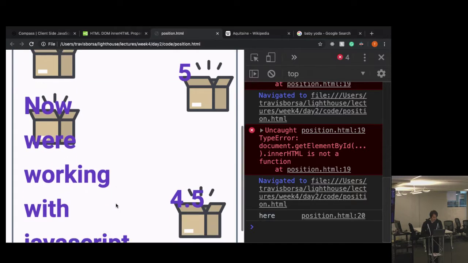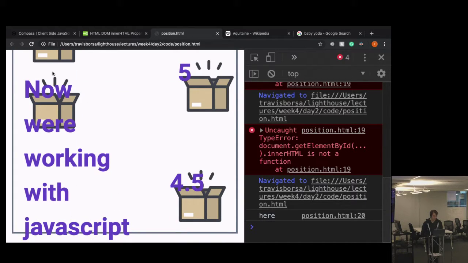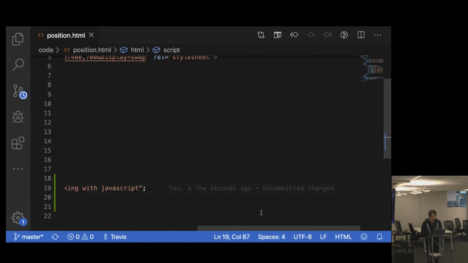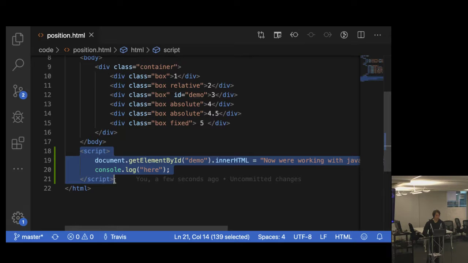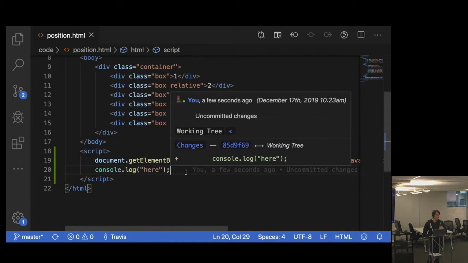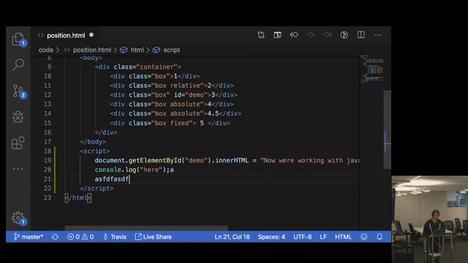And finally, we get our big text showing up inside of our box div. And we get the console log showing up here. But the same problem we would have with embedded CSS, we now have with embedded JavaScript. This is maybe fine for this one line of code, but if we start adding more stuff, it's going to be really unorganized and hard to maintain. So our other option is that we can include